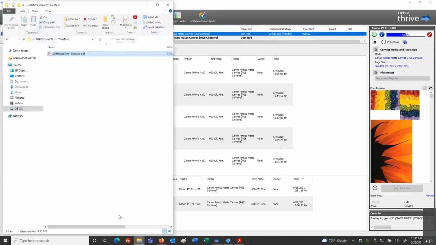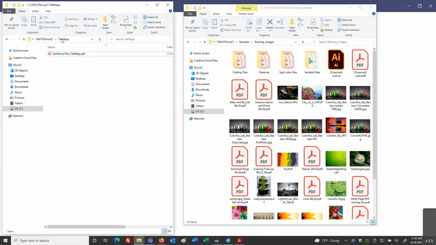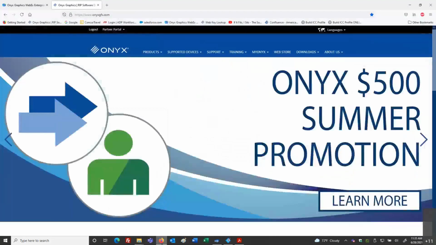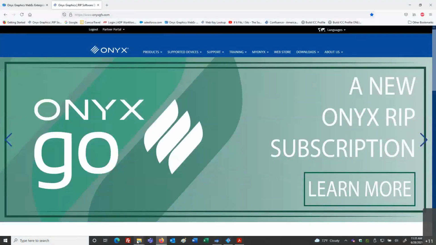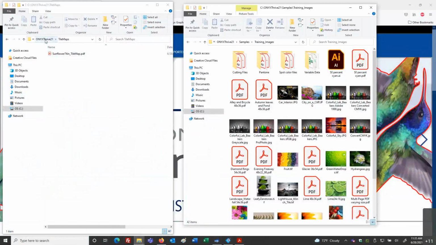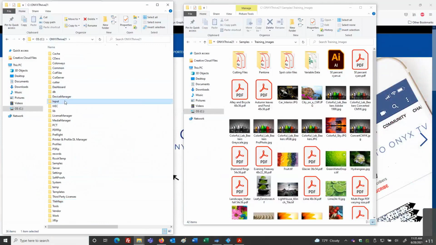In my folder structure of my RIP, if I go into my RIP process here, I'm able to see these settings in here. Okay, if I go back into my main RIP, we have a folder called Input.